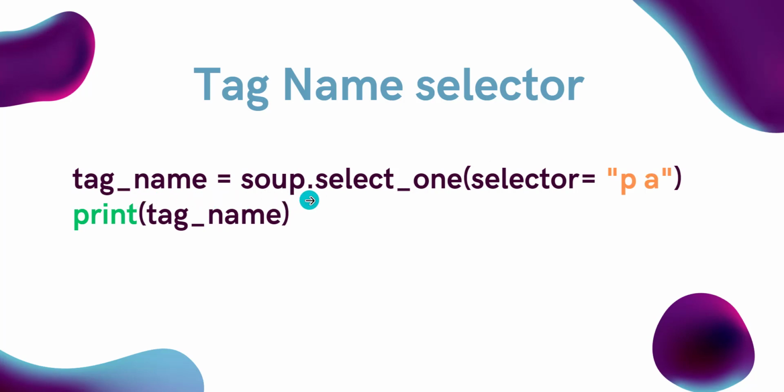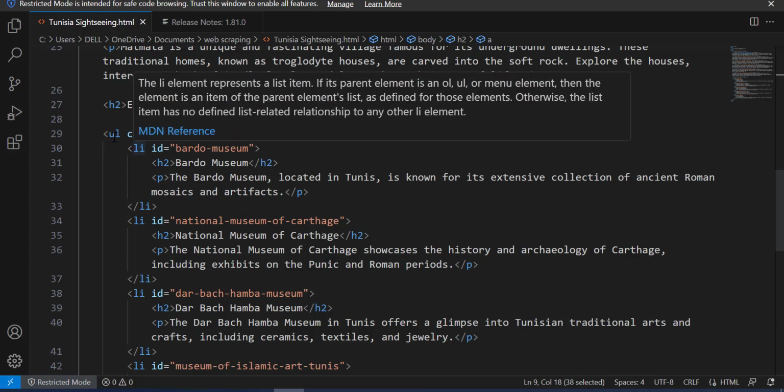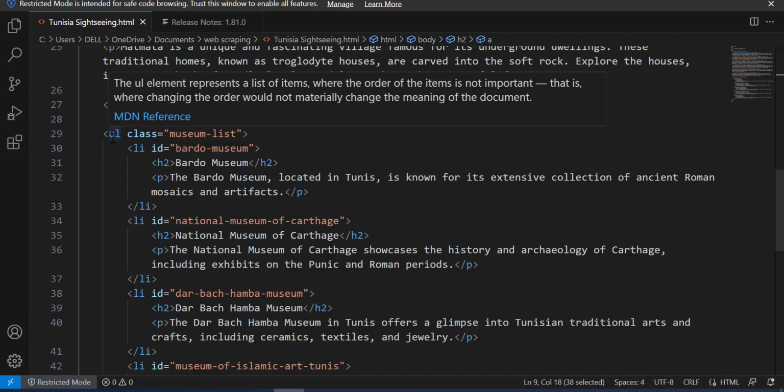So the tag name will be equal to soup.select_one if you want to select only the first item with a P element and an anchor element inside this P element, and then you have to print it. Let's do it in Jupyter Notebook. So, for example, if you want to select this paragraph, inside this list item and inside this UL item or